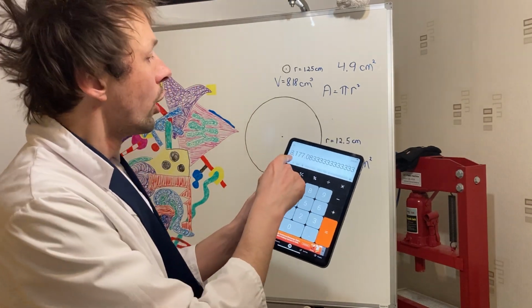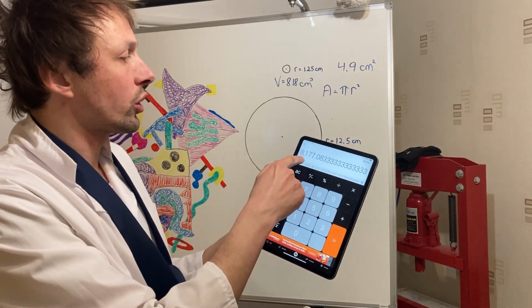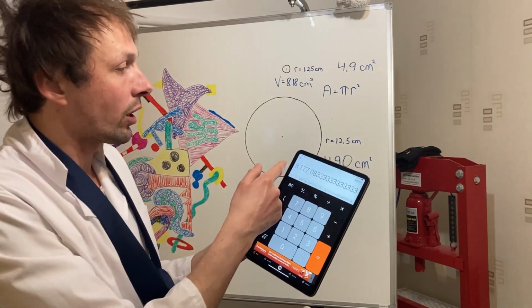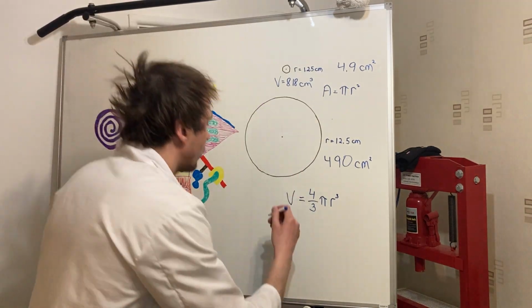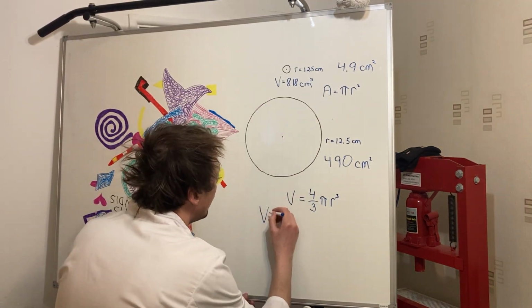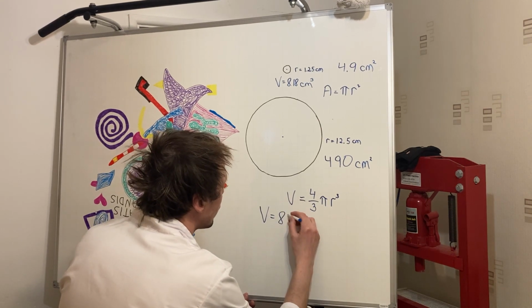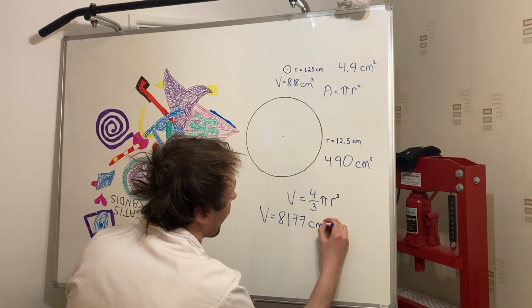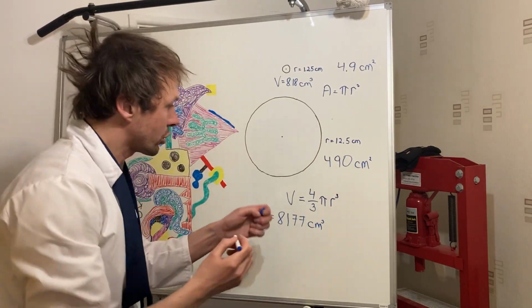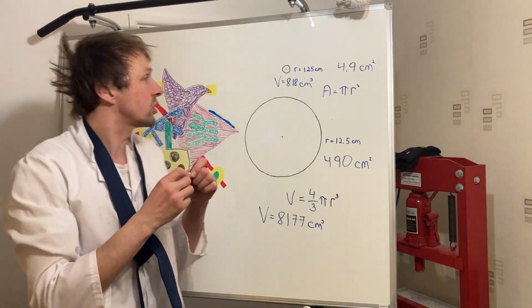And the result, you can see, is 8,177, which I'm going to write down. I'm going to write down the volume for this one, for the big ball, is 8,177 cubic centimeters,